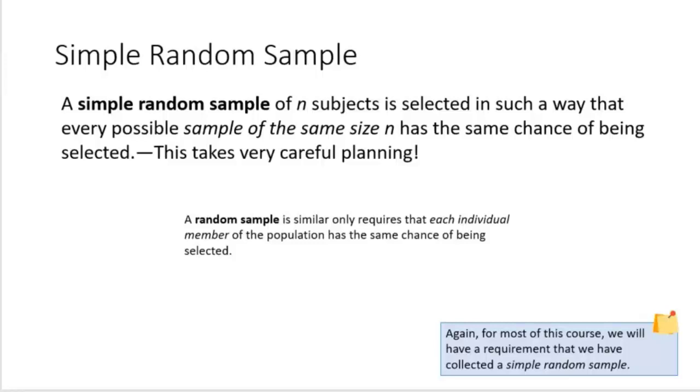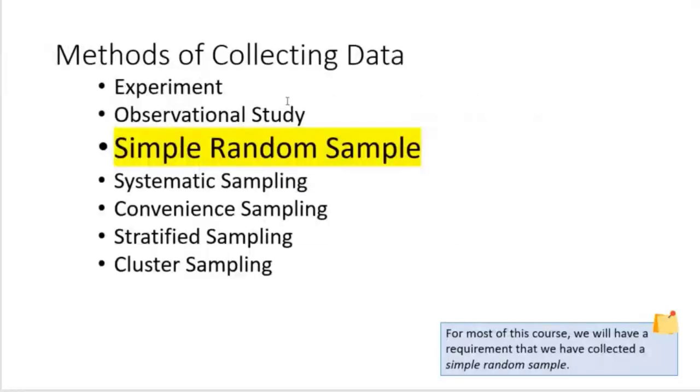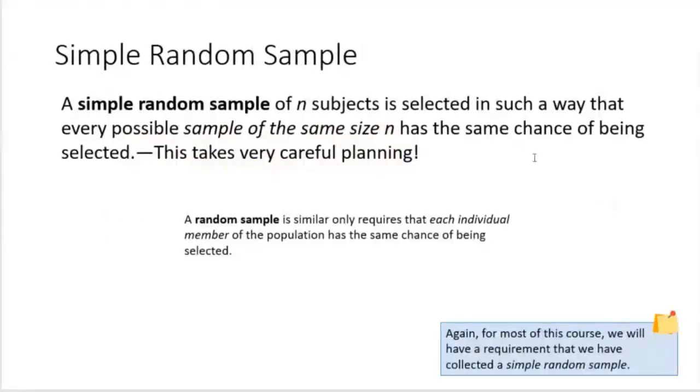Simple random sample. So now let me just back up for just a moment to this slide. We've talked about an experiment, and we've talked about an observational study. We're going to look at a simple random sample, and then we'll go into that last slide. A simple random sample has to have a couple of particular features. And again, for most of this course, we'll have a requirement that just says at the beginning, a simple random sample. Today you've got more going on than that, but most of the course will have a simple random sample. So what does that mean? You have N subjects, so there's some number of subjects, but they're selected in such a way that every possible sample of the same size N